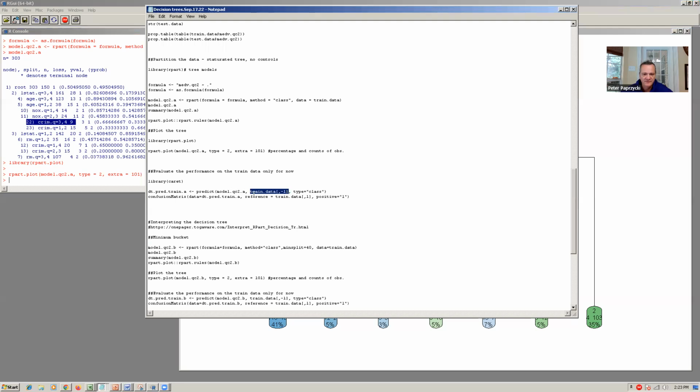and model QC2A, which is the first model, to save a data frame of predicted values from model A. So I'm gonna call it predicted train A. And then I'm gonna use a function that is coming from caret library, which is called confusion matrix, that will compare the saved data frame from the train section and use the reference in terms of the